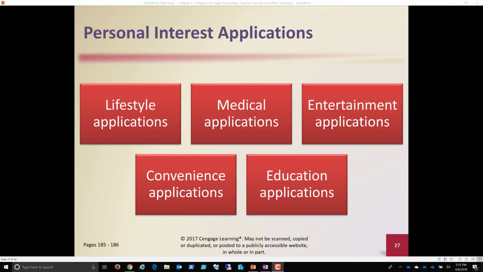So when we talk about personal interest applications, a lot of times we're talking about entertainment. You know, the idea of downloading the Netflix application, watching Netflix on our phone. As I go through my phone, I've got many applications that are particular to my lifestyle, to things that go on in my lifestyle. When we talk about lifestyle applications, that's a